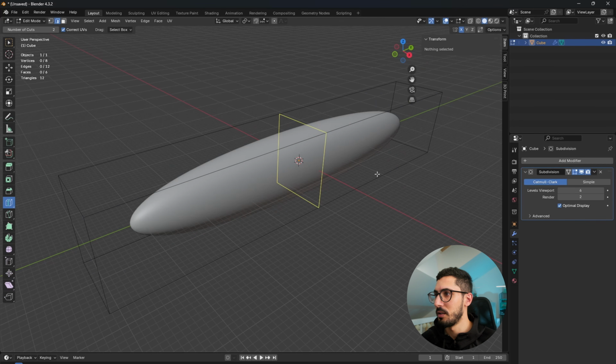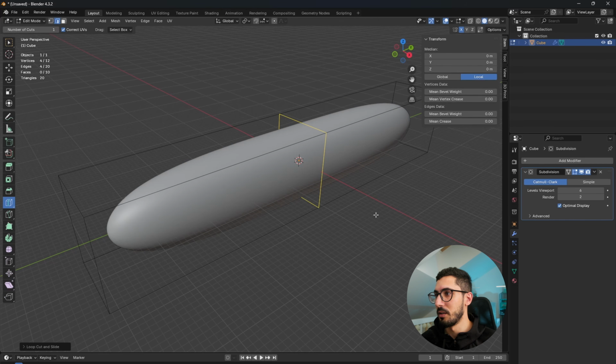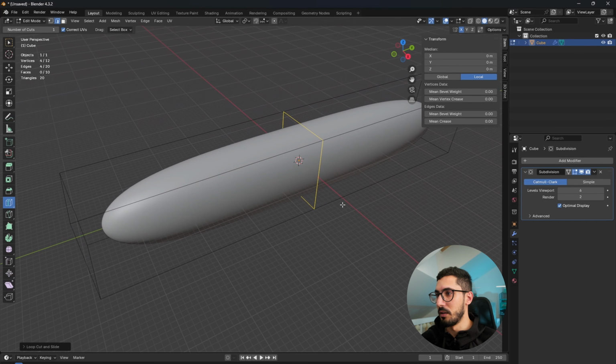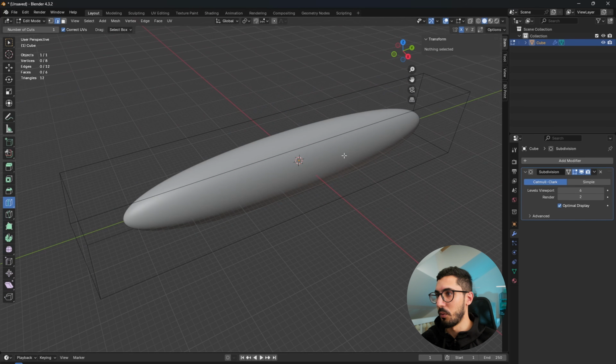I don't know why this happens. Let's keep it at 1 and put it here. Yeah, so that's how you can create a loop cut. However, the way I suggest you can do it is you click Ctrl R, similar to how you would refresh